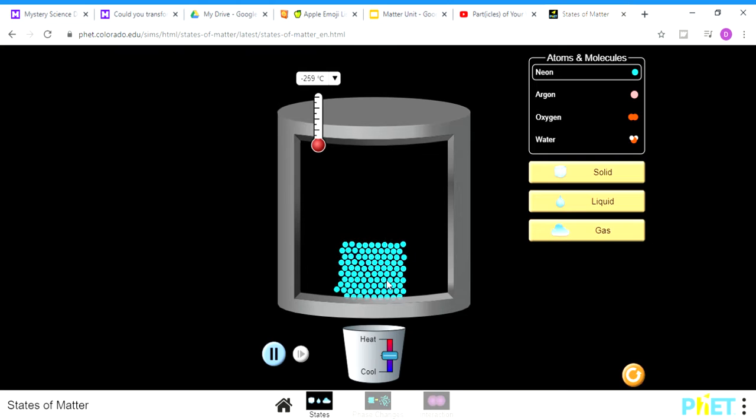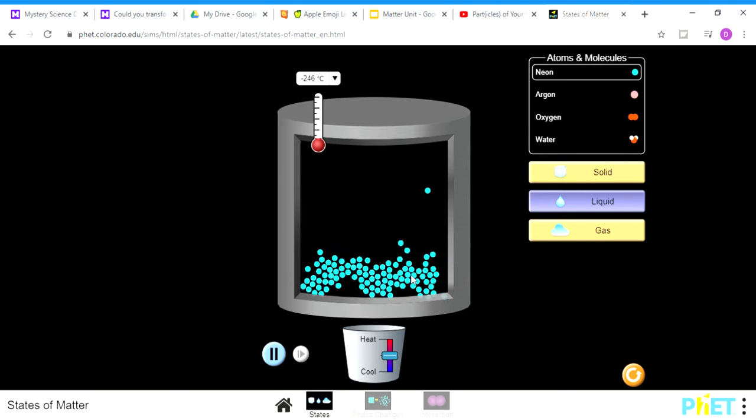So if we look at these particles, from what I see, that tells me it's in a solid state. So if I click on solid, yep, it's a solid state because they're packed together closely, there's no space. So just as an ice cube, as the picture shows, you can't stick your finger between those tiny little holes because there's none. If I look at liquid, there's some space between them, so this would be such as a